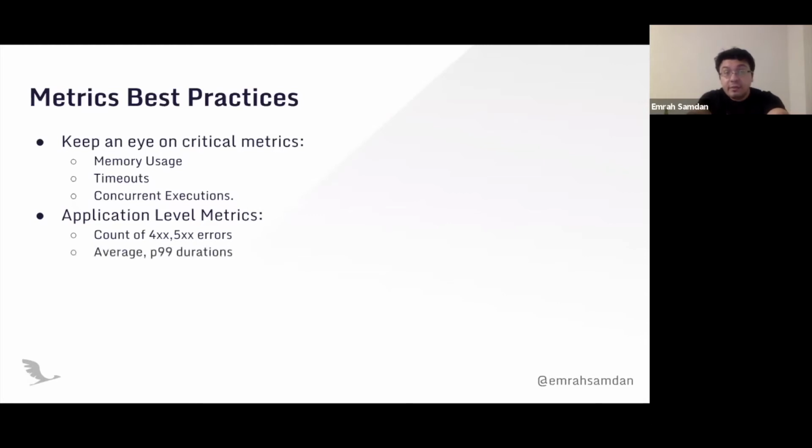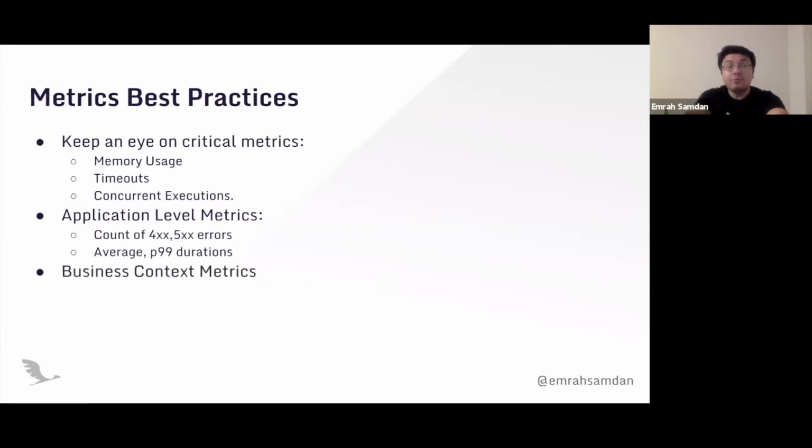And the average duration and P99 duration are very important. Similar to the timeout example, you cannot understand if your function is doing well or not just by checking average duration. You need to check the percentile 99 duration, which means the duration of 99 invocations out of 100 in a short interval. In this case, you can understand the maximum, and if your percentile 99 is close to the timeout, you should seriously consider increasing the timeout value.